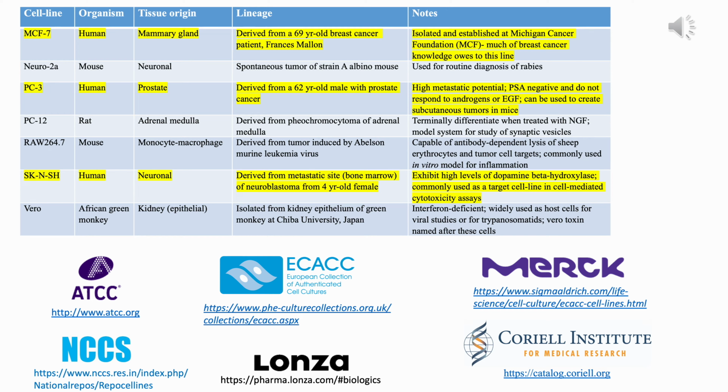Then there is another site, a non-profit one, which is established by the Public Health England, which established this European collection of authenticated cell cultures, ECACC. You can go to this website and you can buy things from there also. Commercial sources, Sigma Aldrich is a commercial source. Of course, they also sell the ECACC cell lines. Then there is a Coriell Institute for Medical Research, which is located in Camden, New Jersey. They have a large biorepository of cell lines.